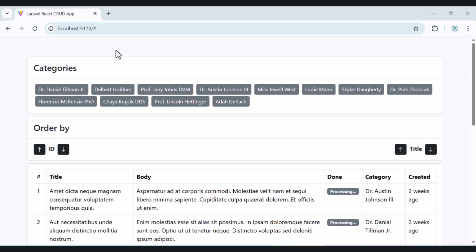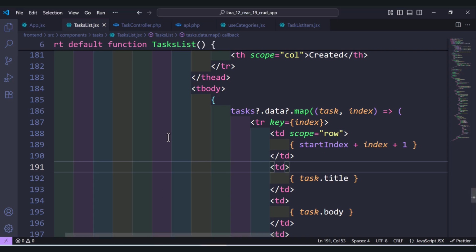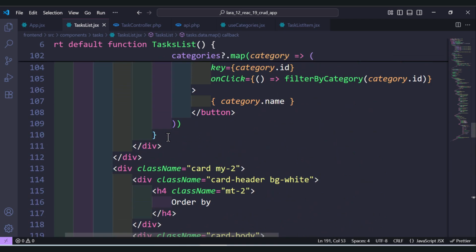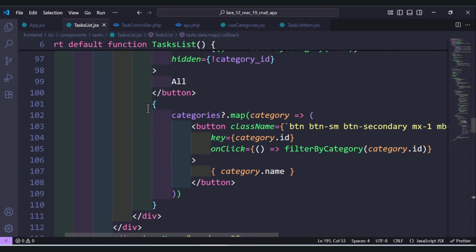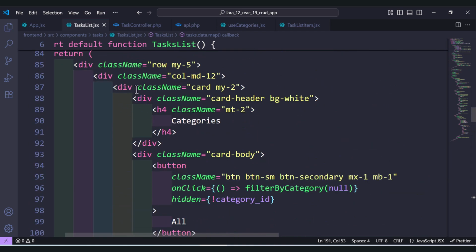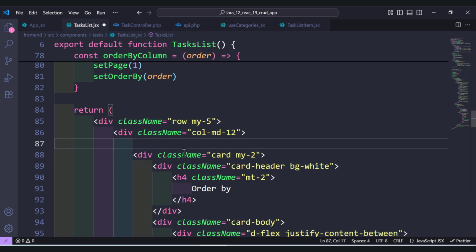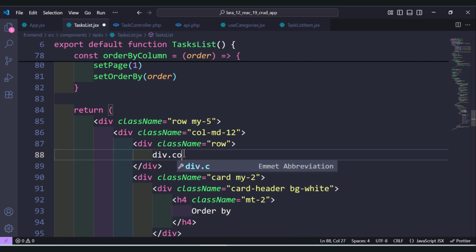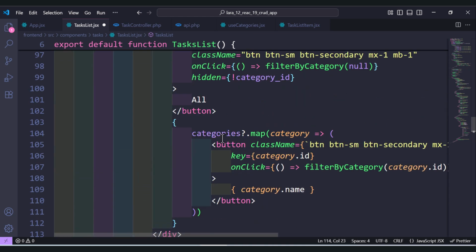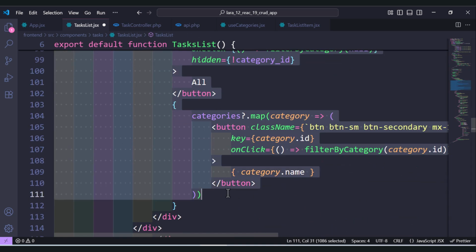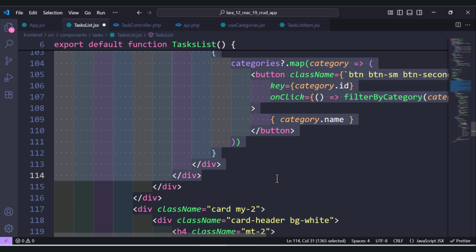So before we move to search, let's do something. Here we have order by. Let's do something. Inside this first card, let's add another div and give it a row, and another div with col-md-12. As I told you before, I am not a CSS expert, so I am just trying to make things